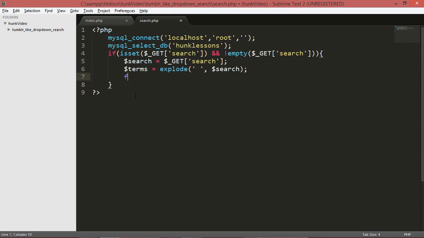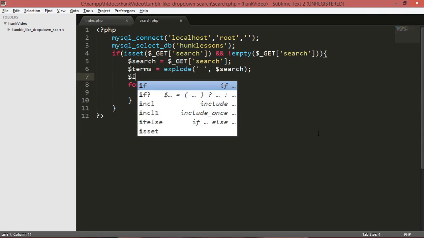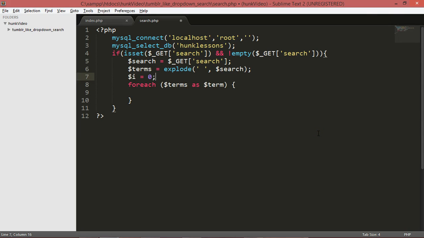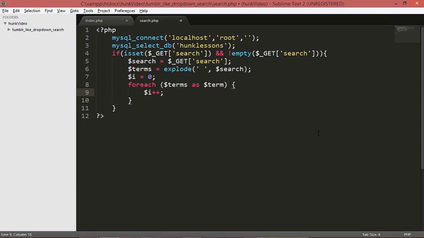Now we will use a foreach loop. foreach terms as term. We will create a variable here, i equal to 0, and every time it gets into the foreach loop, we will increment the i.